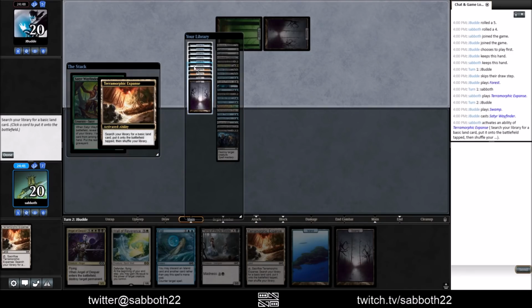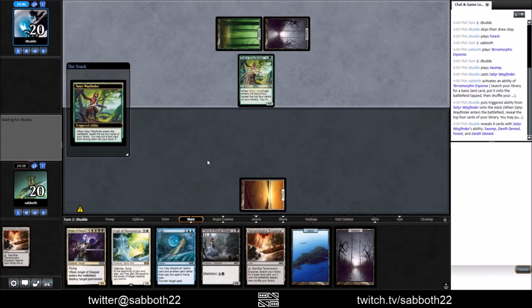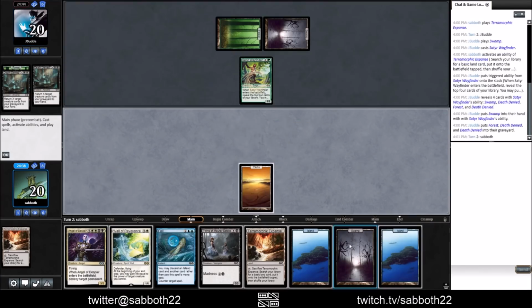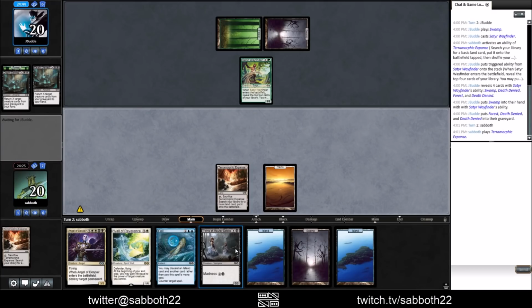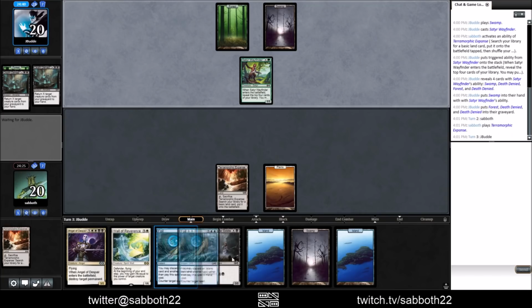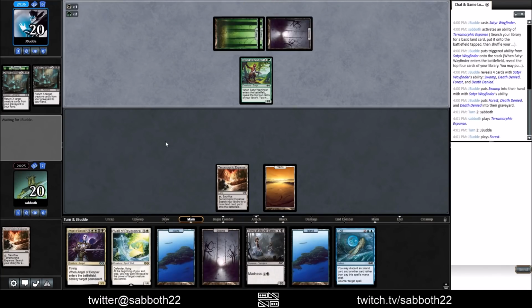Wayfinder, got to get white here. Hopefully not drawing our Demir thing right away. And then get our second black with the Expanse. Yeah, it looks about right. So then we can curve out, well, not really curving out, but... Ah, yeah, it does curve out. We can get our